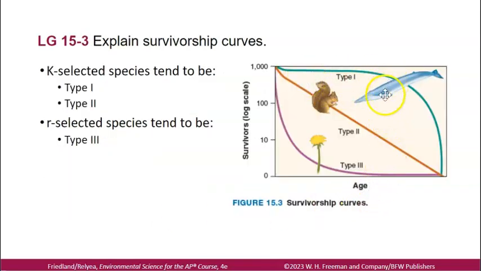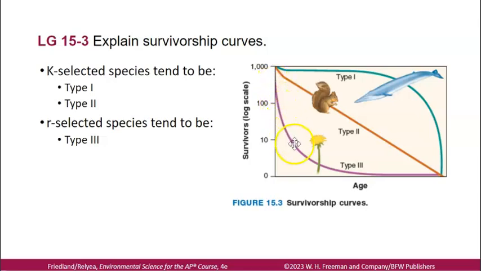Okay, so we have this, I don't even know what that is, this big fish, lamprey. Maybe that's not a normal fish. That's probably one that has few offspring. Type 1, lots of parental care, not very many deaths, high death rate when you're old. Low death rate when you're young, high when you're old. Humans are type 1, gorillas, elephants, things like that, type 1. Type 2, squirrels, lots of birds fit into type 2. Means there's equal chance of dying when you're old and when you're young. Type 3,